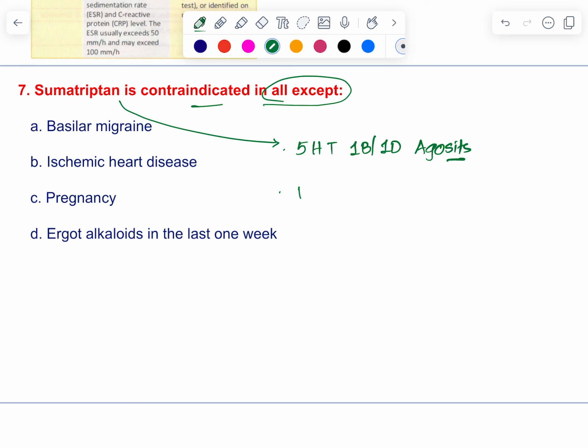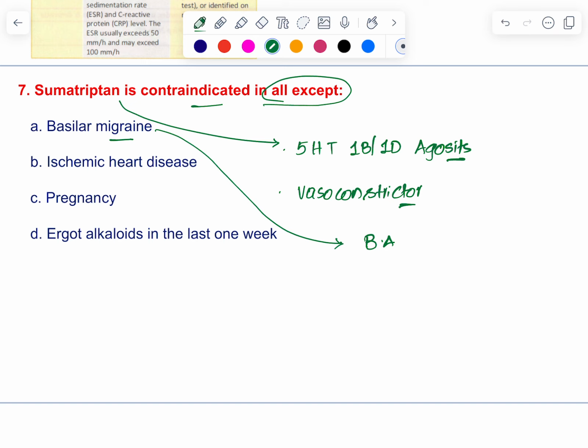And what is the action of sumatriptan? It is a vasoconstrictor of the blood vessels. And when it is a vasoconstrictor, you cannot give it in clinical scenarios where there is vasoconstriction already. Take the case of basilar migraine. In basilar migraine, there is vasoconstriction of the basilar artery, and upon giving sumatriptan, there will be further